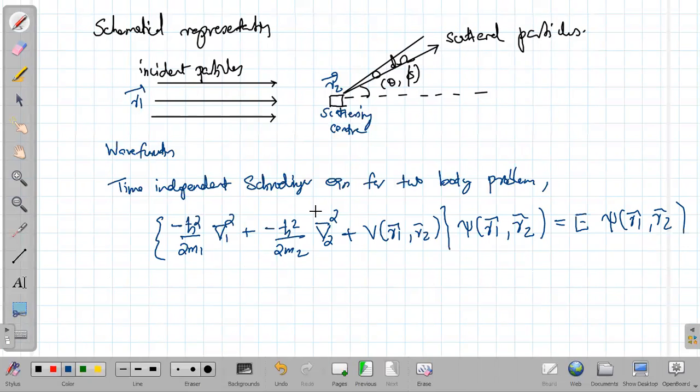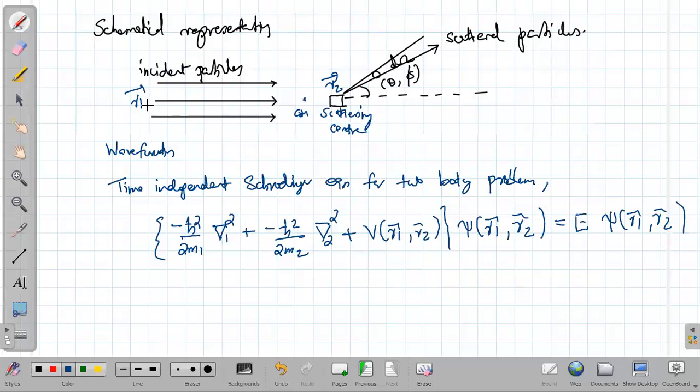Now we are very fortunate to know about the reduced mass of the two body problem. If you have a two body problem, then it is possible to convert it into a one body problem by using the reduced mass of the system. Now here, in the center of mass frame, we'll have two particles coming towards the center of mass. Suppose the center of mass is here, and in the center of mass frame, the incident particle would be moving towards the center of mass from the left, and the scattering center would be